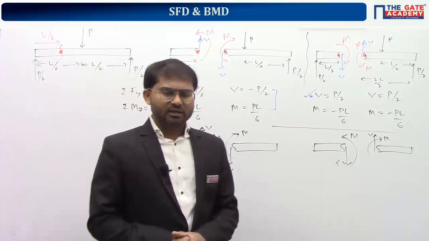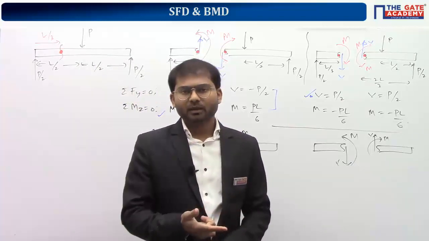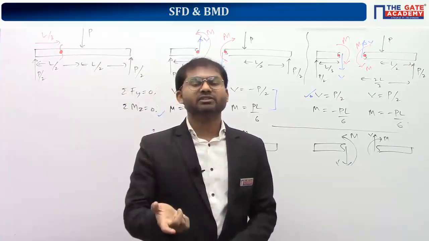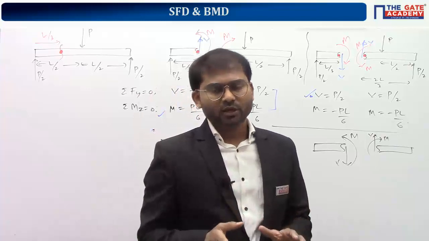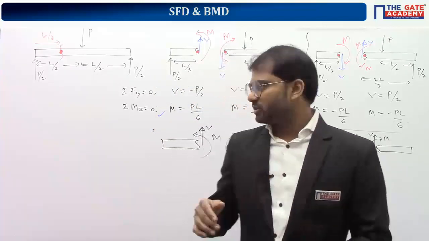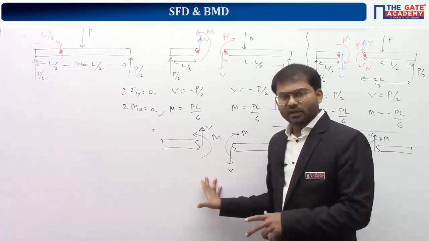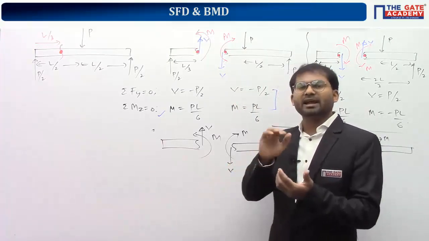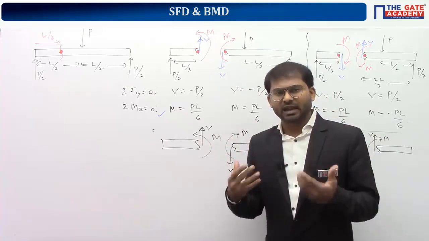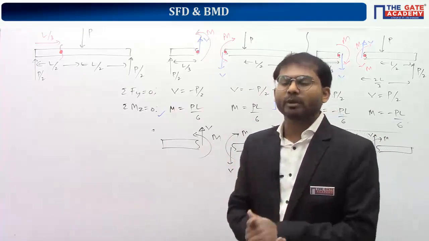So you're going to see that the bending moment convention is the same, but we see a reverse sign convention for shear force. That's the only thing here. So whatever way I'm going to draw, I'm going to follow this convention, understand? There is one reason as well, but the reason is at a little higher level. If I explain it now, it will become a little bit boring for you.